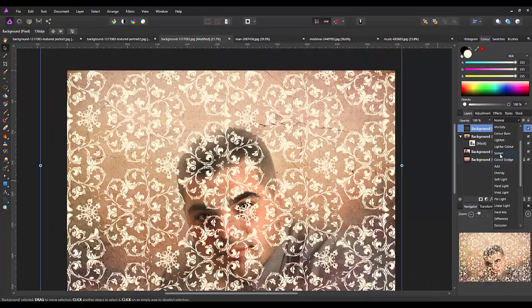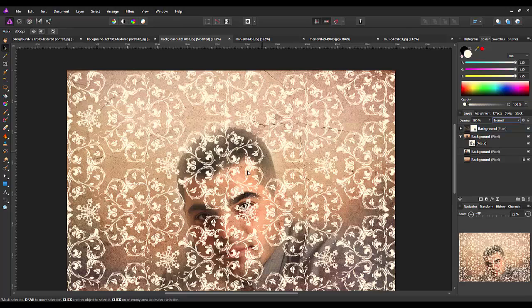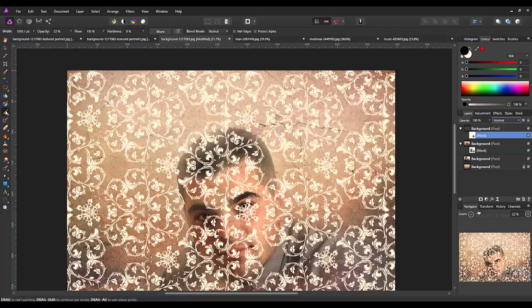But I'm going to go with screen. It will remove all the black from the image, just leaving me this white pattern. So now I'm going to add a layer mask to this newly blended pattern, and again it is the layer mask that is being highlighted. So again I will come to the paintbrush tool. Now this time I'm going to start off by having the opacity at 100%, and black is my foreground colour,